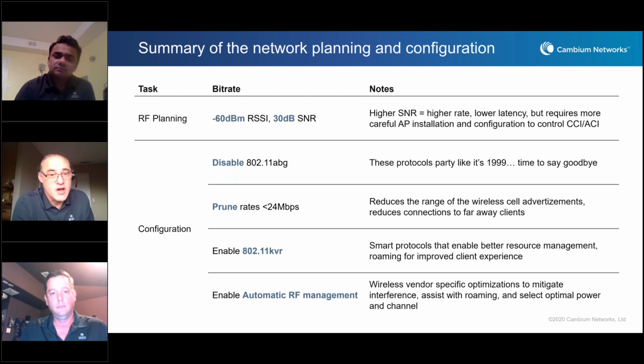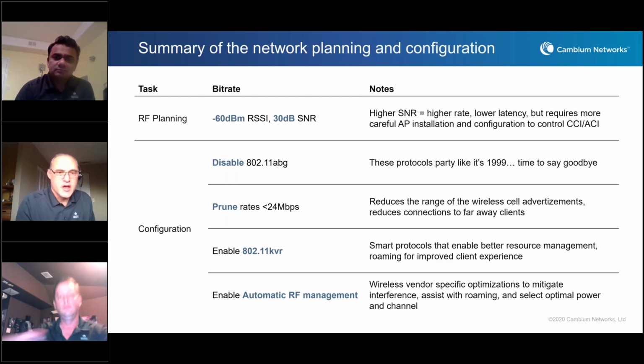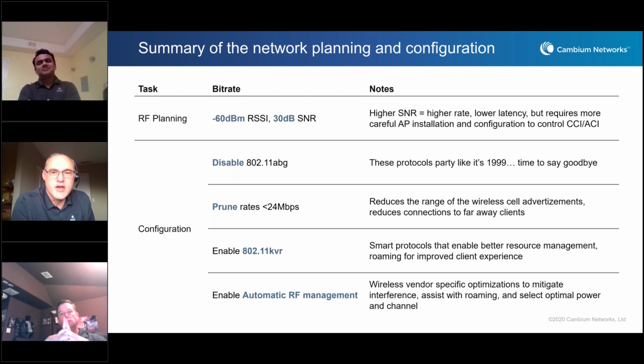Now what's going to happen is not every device is going to hit the 30, right? Some of them are going to hit 25, some are going to hit 35. But design it to 30 and overall you'll have the better experience. Now when you do that, you're sort of introducing a problem at the same time, aren't you? And so the next phase there, but don't forget the next step down is disable BG. And you might even disable A. Disable 11 ABG, or in the case, as Jonathan was talking about, redeploy those radios as 5 gigahertz radios,